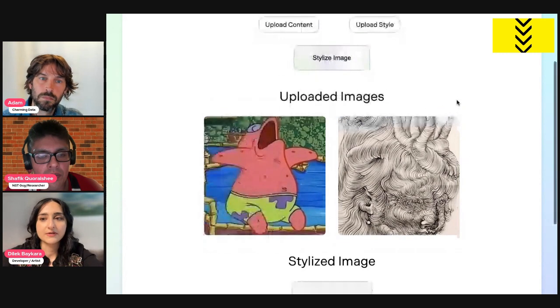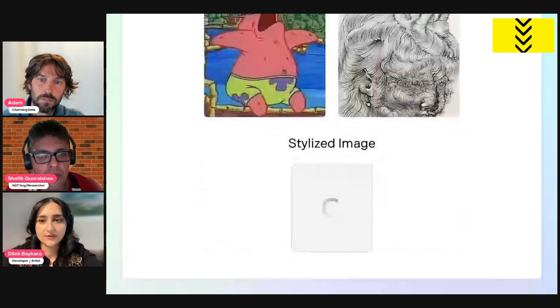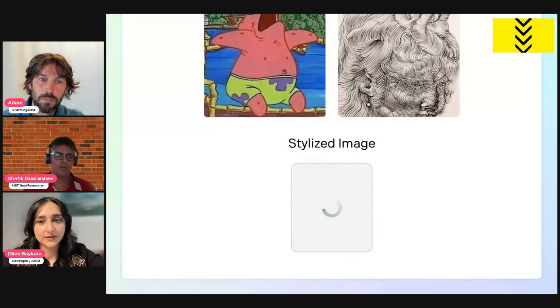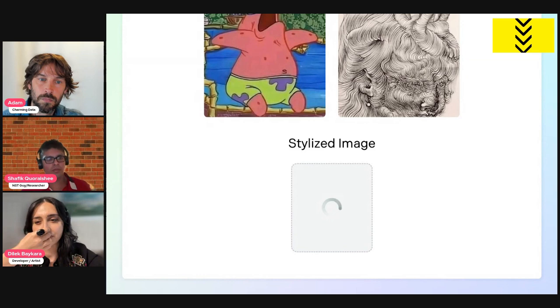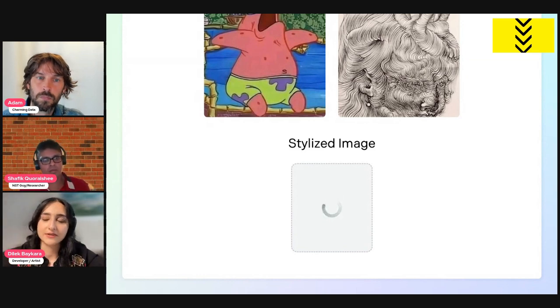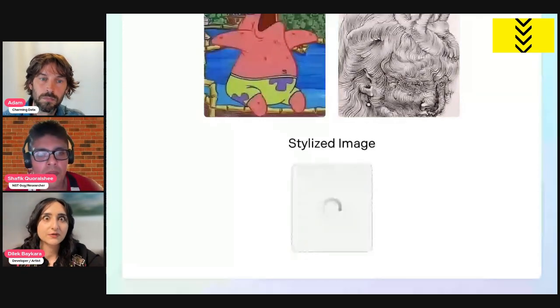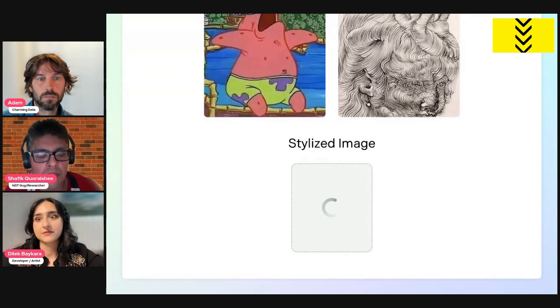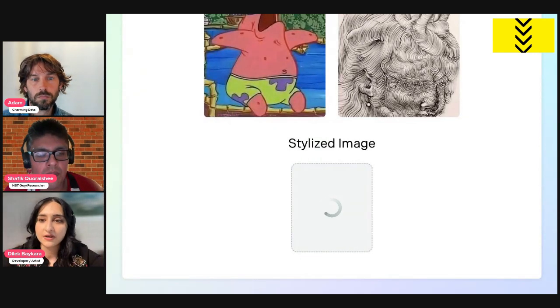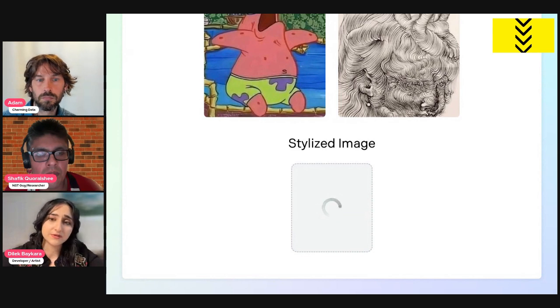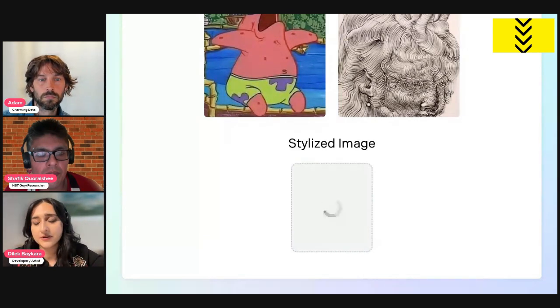Once the button element is clicked, the two images are checked. And if both meet the conditions of being uploaded via the API call that's happening, the lazy load animation I created is displayed while the server is processing the images. And once the server fulfills the promise and responds with the results, the loading animation will be hidden and the stylized image will be displayed. And furthermore, if there are any errors, an error message will be displayed via a try catch block in the JavaScript code. Not that that's going to happen now, but it's always good to keep in mind.